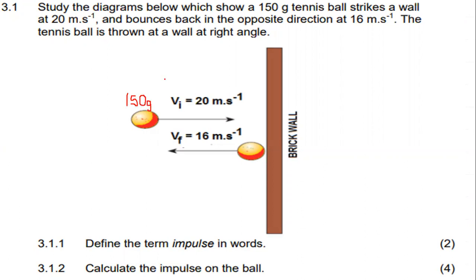So there I have a 150-gram tennis ball, and it is going towards the wall. It was thrown towards the wall, and before it collided with the wall, it had an initial velocity of 20 meters per second. And then it hit the wall. After hitting the wall, it moved at a velocity of 16 meters per second,